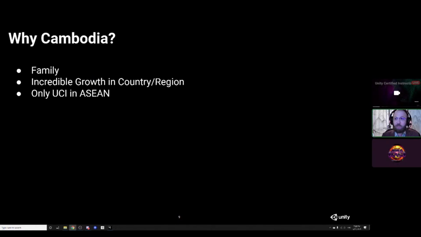But beyond the family element, there is a lot of growth happening, not just in Cambodia, but in the region. Cambodia is on a growth trajectory up until COVID. Since, I think, 2010, they've had an average of 7% GDP growth per year. 2020 threw a big horseshoe in that, but it threw a horseshoe in everybody's growth and plans and everything. And the idea is roughly the same in the rest of the region. I know that Laos and Vietnam have had several similar growth trajectories for the past 10 years. Thailand has had something similar, save for a handful of years where they've had blips.